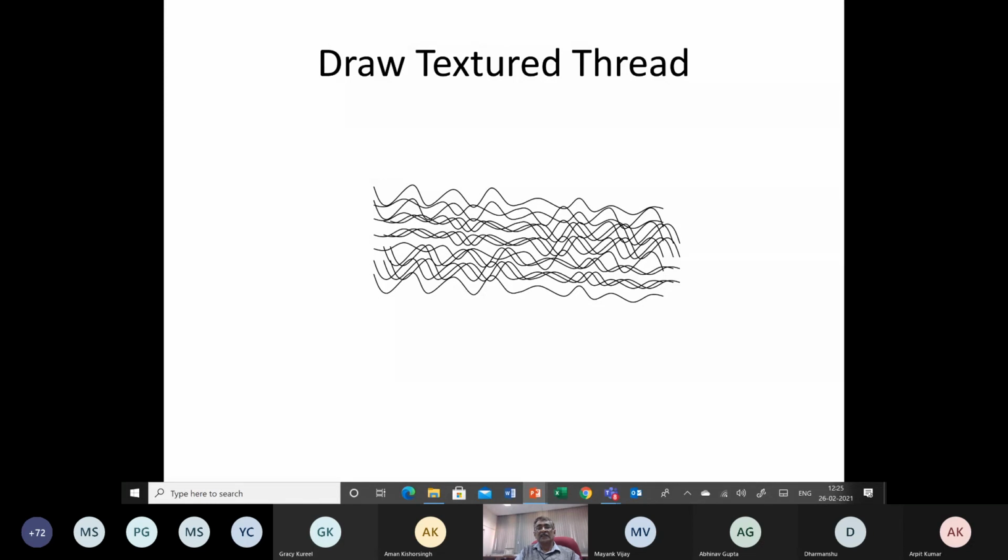So we normally do the texturing at 100, 110, maximum 120 degrees. So when the heat is supplied to the filaments, and at the same time they are twisted, whatever the torsional stress imparted to the intermolecular